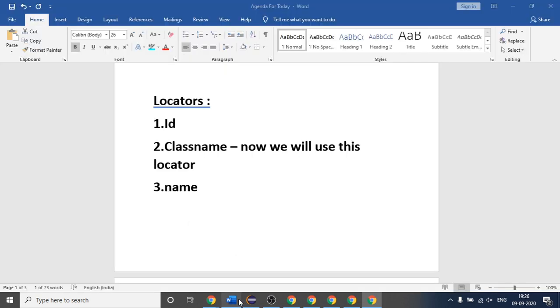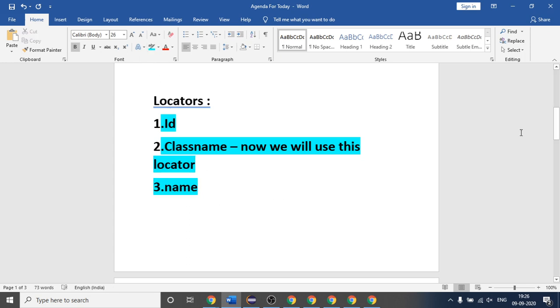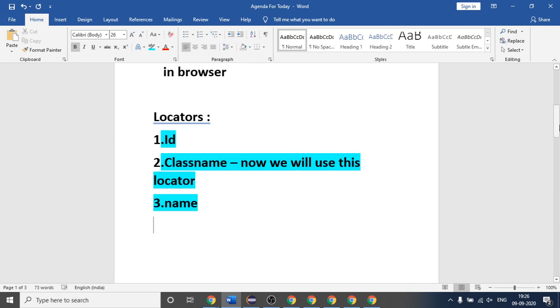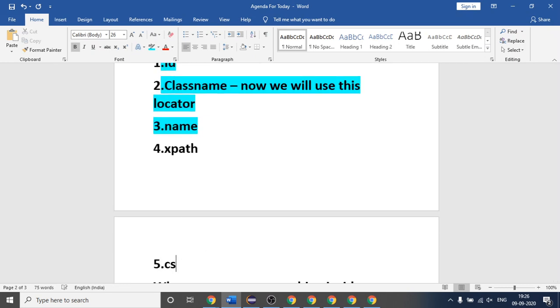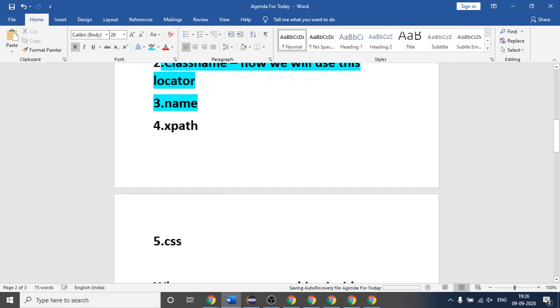Okay, so you can see, the id locator is already covered in the previous session. We have covered class name as well. We have covered this as well. So these are the three locators which we have covered. But there are not only three locators. If I write, one locator is XPath, one is CSS, and link text is one of the locators.